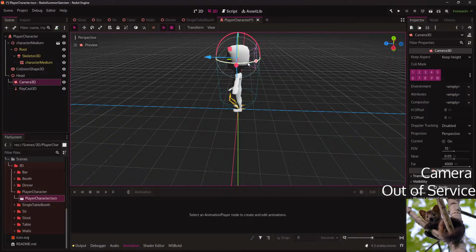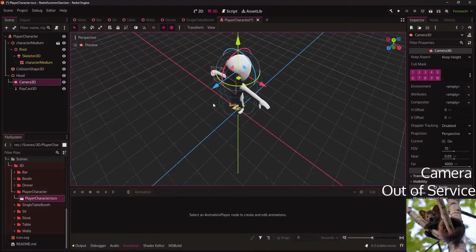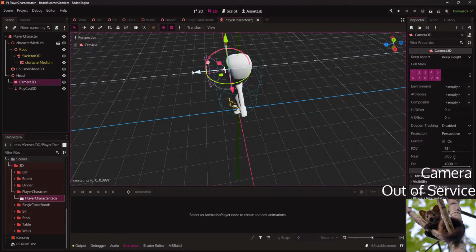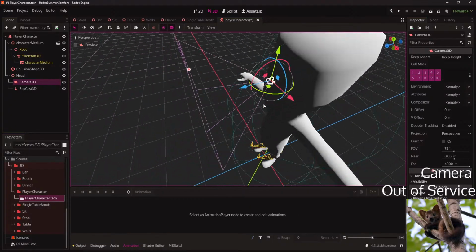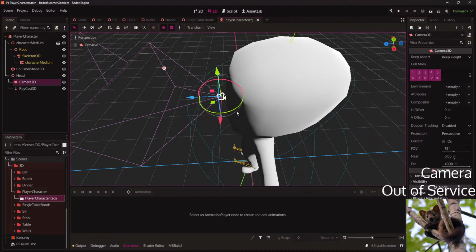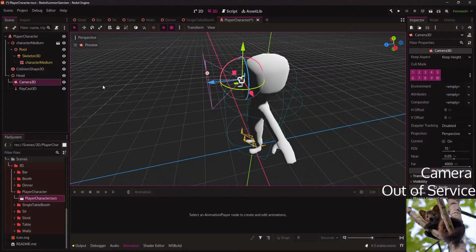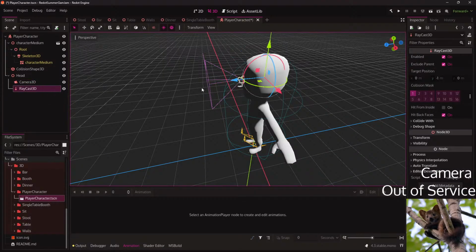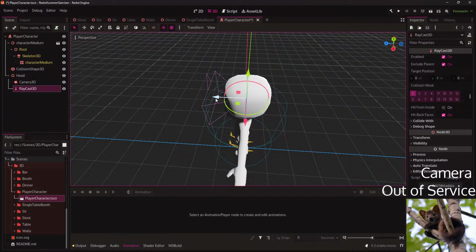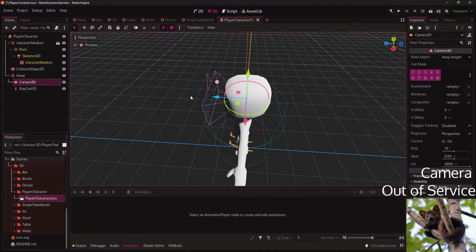I think I have to rotate the camera in this direction. Probably move it in front of the actual mesh. And this RayCast. Oh, I should have used the grid. Maybe not.